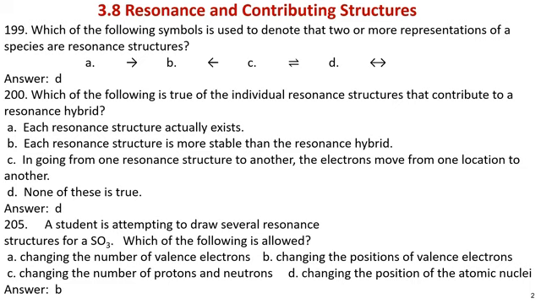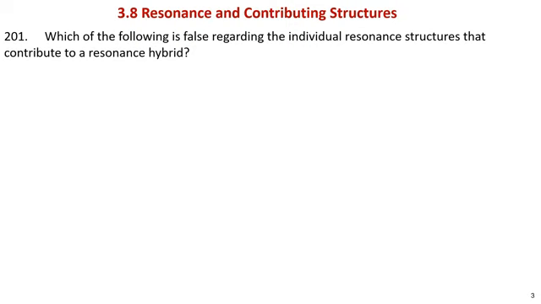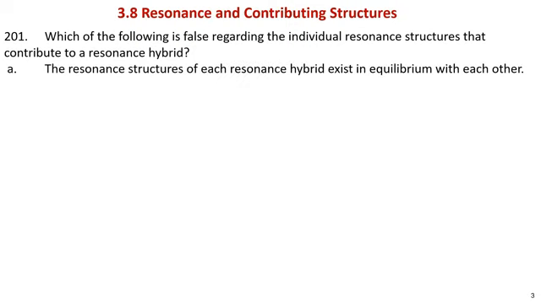B is the correct answer. Okay? There are other questions about resonance. Which of the following is false regarding the individual resonance structures that contribute to the resonance hybrid? Resonance structures of each resonance hybrid exist in equilibrium with each other. That's not true. That's not an equilibrium. The real thing has different